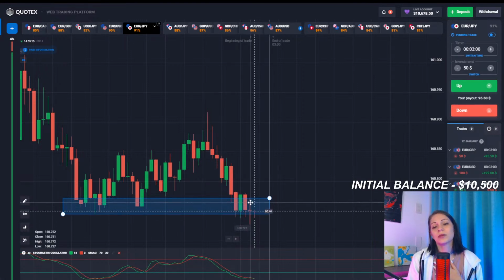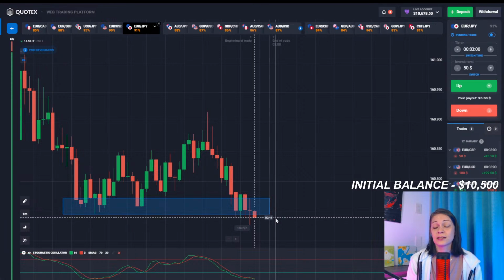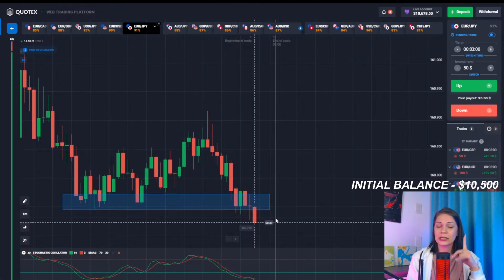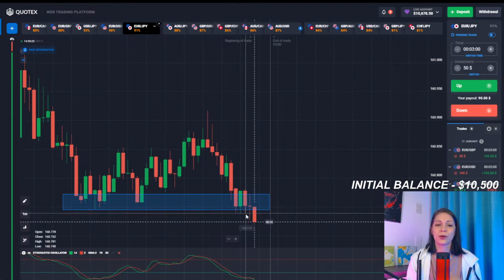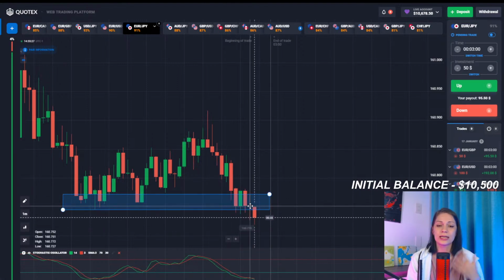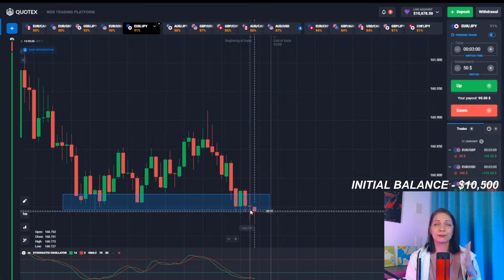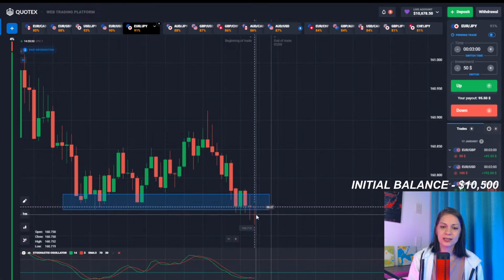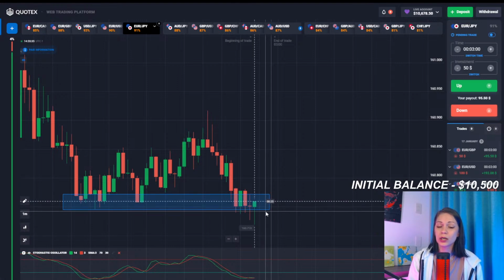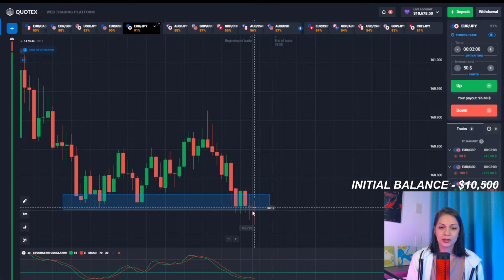So for now, I only see that the last candlestick was dodgy, a small body and long shadows, and that candlestick shows us that there is a lot of pressure from both sides, from buyers and sellers. They are pushing the price with the same amount of force, and with the next candlestick we will understand who won this fight. And for now we see another dodgy candlestick. That is weird.